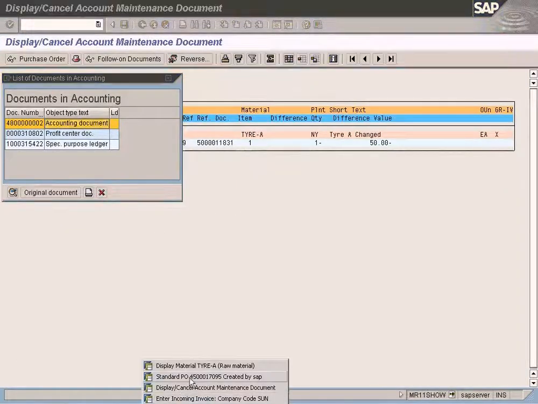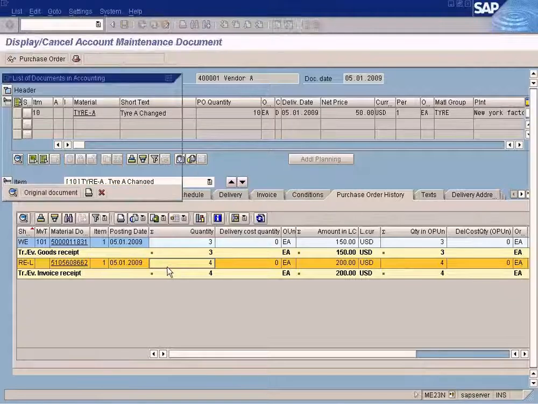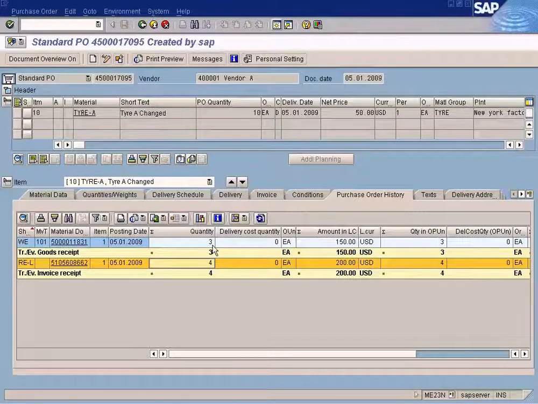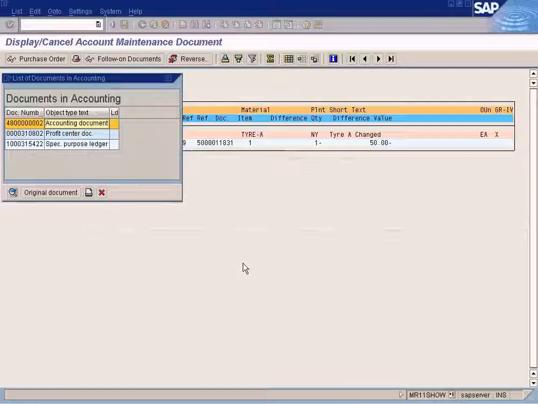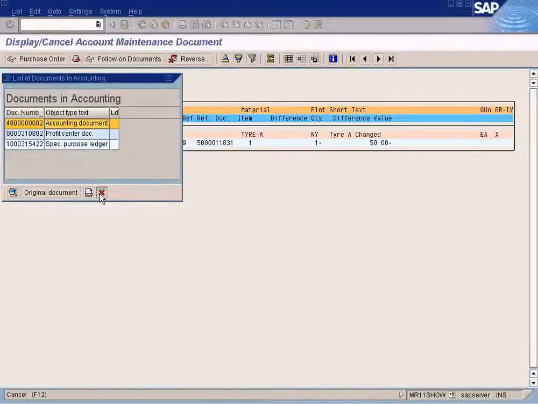Let me just pick up that purchase order, this one. If you look at the, so the difference is posted only for the remaining quantity. The 4 unit is out of 4, 3 has been received, only 4 is not received, so that has been reversed from the GRIR clearing account, and the balance of 50 goes to price difference. So now our GRIR account will balance. Okay,